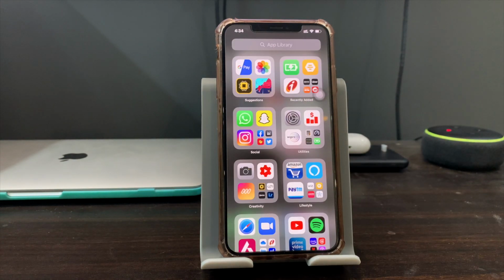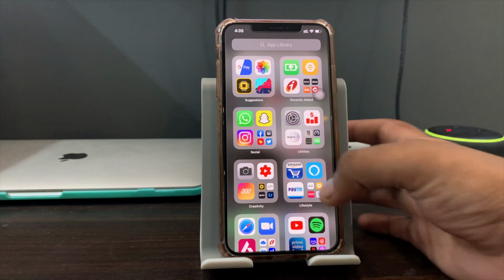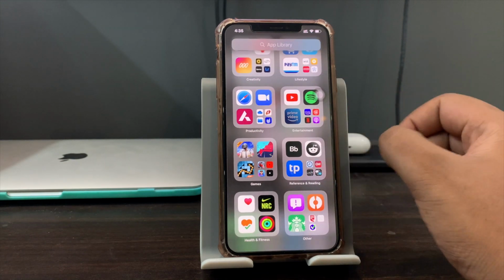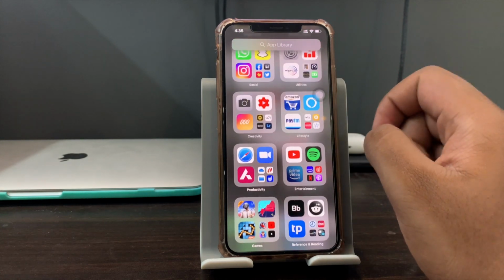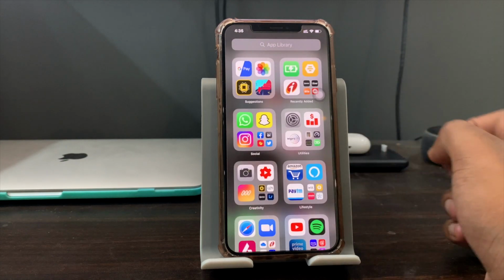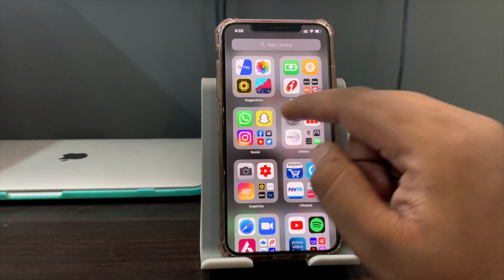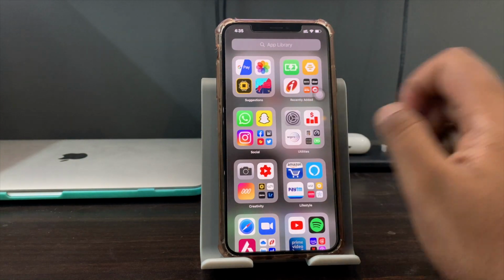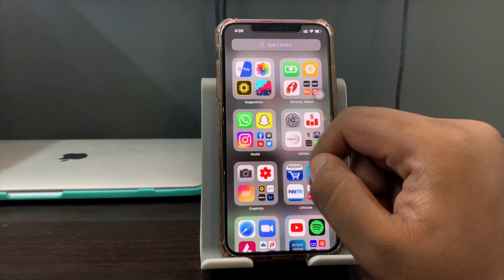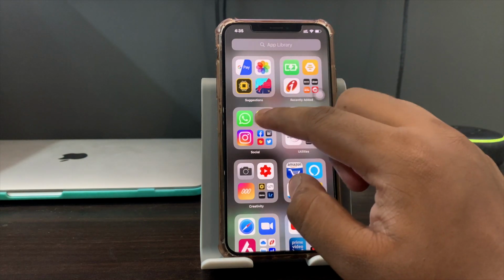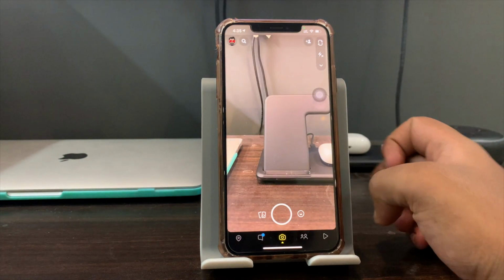Also, you might notice that 3 of the icons in the categories are large and the rest are in the smaller view. Now let me tell you why that is. The apps which are enlarged are the apps which I use the most from that particular category. So suppose I talk about social, I'm using WhatsApp the most, then Snapchat, and then Instagram. And the good thing about this is I can directly go into the app by just tapping on that.